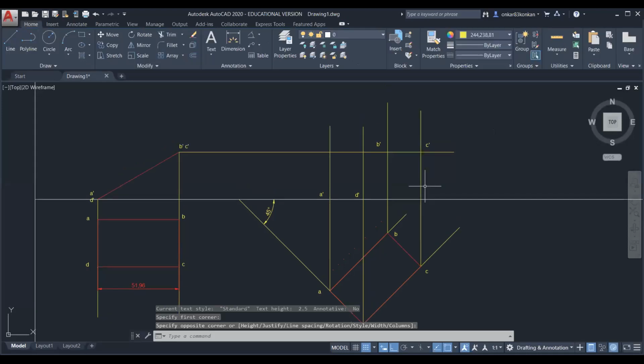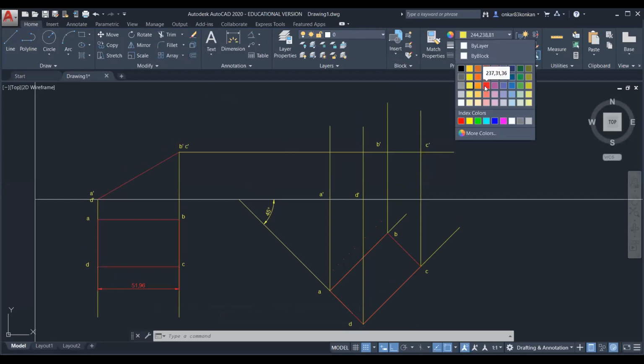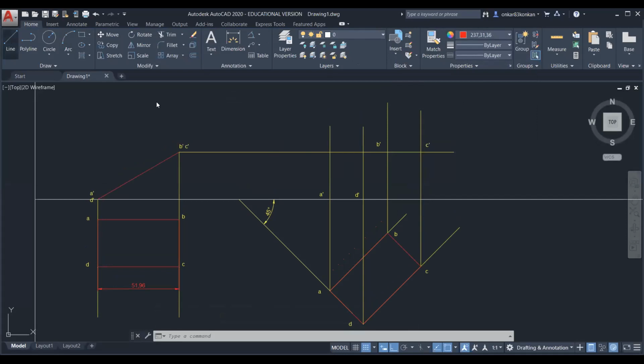Okay, so once you get all the intersecting points in the second stage front view, now just connect these points. So connect this A dash with B dash, then B dash with C dash, C dash to D dash, and D dash to A dash.